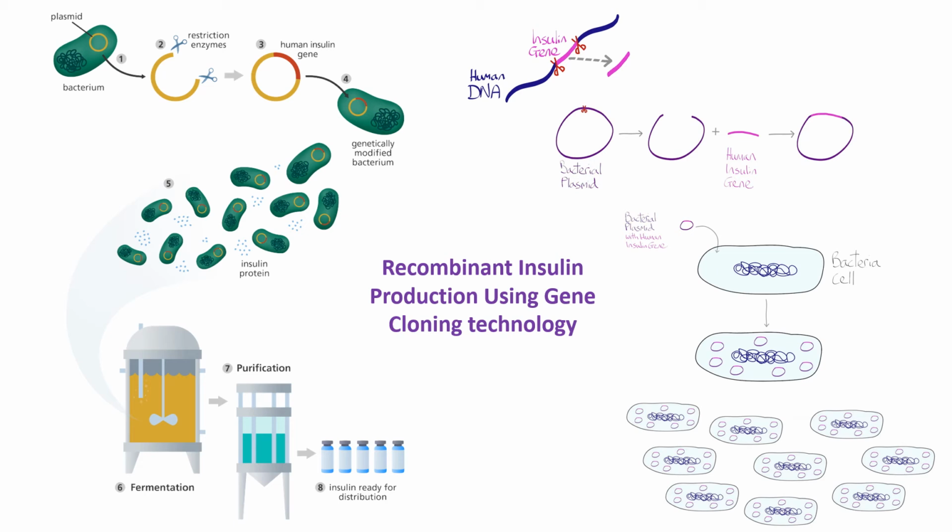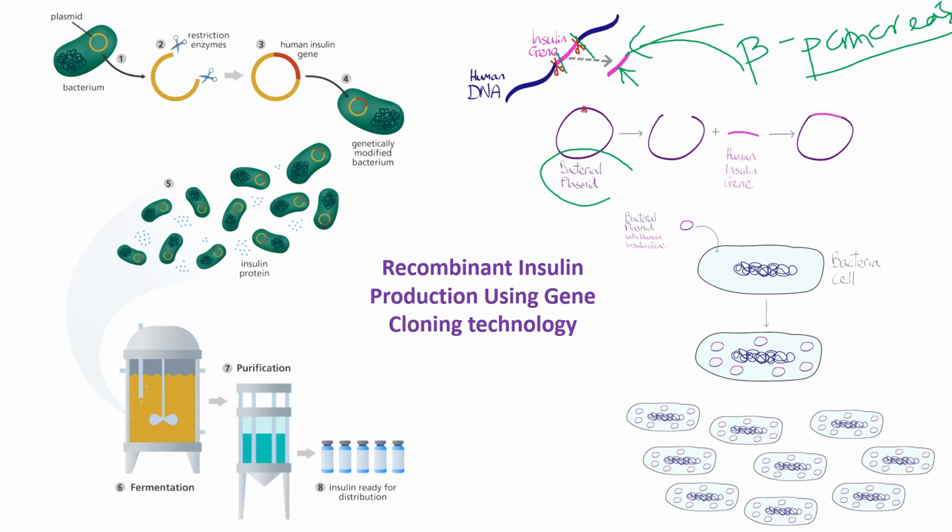Then, this is the process of producing the human insulin gene. For example, you have DNA which is isolated from beta cells of Langerhans present within your pancreas. The pancreas contains the cells which are responsible for production of insulin. So we'll isolate the DNA from beta cells of Langerhans within the human pancreas, and from those cells we will isolate the insulin gene. This is the fragment responsible for production of insulin.